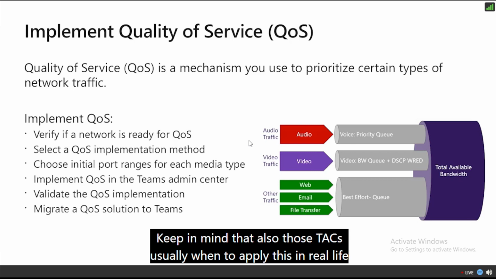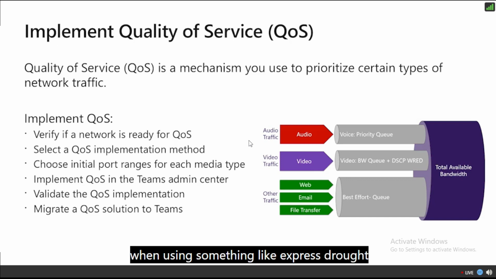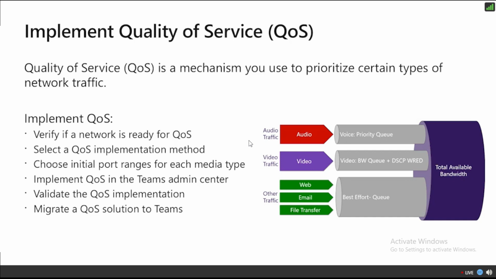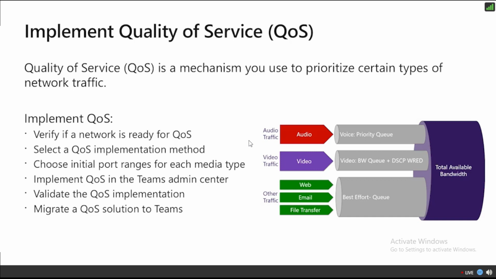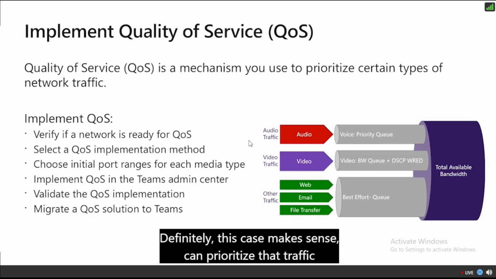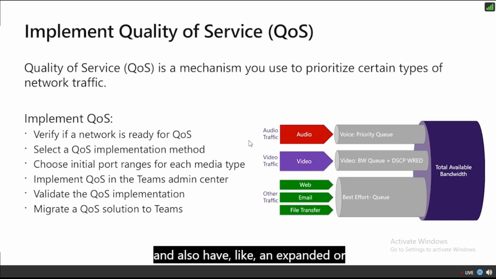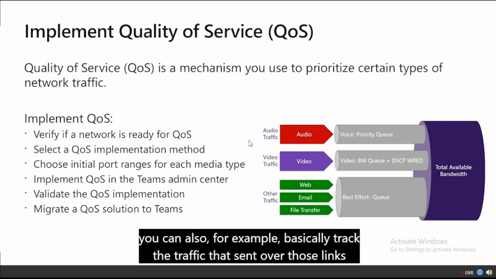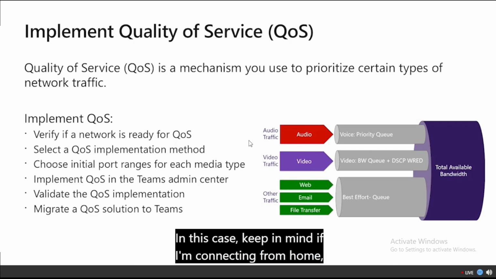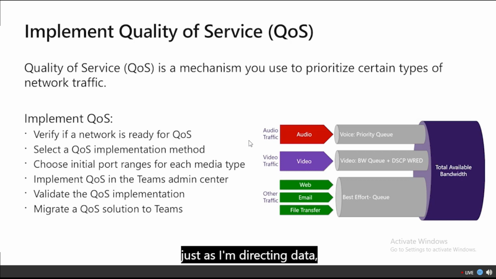Keep in mind that those tags usually apply in real life when using something like ExpressRoute, where you have a private dedicated link between your corporate network and the Microsoft data center. So in this case it makes sense. You can prioritize that traffic, and also in your wide area network you can tag the traffic that's sent over those links and give that traffic a higher priority. But keep in mind, if I'm connecting from home and I'm using just